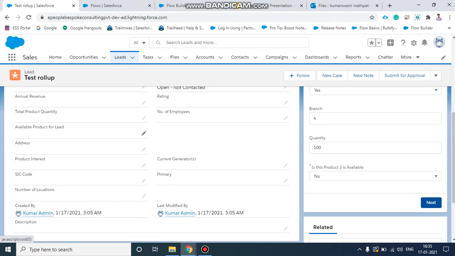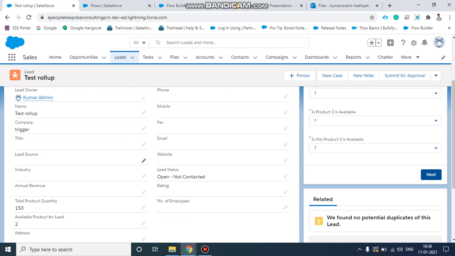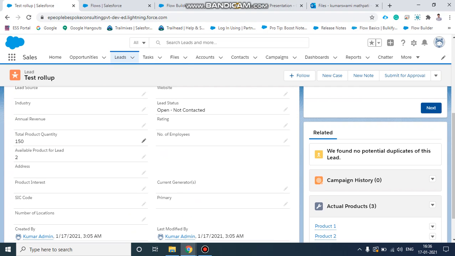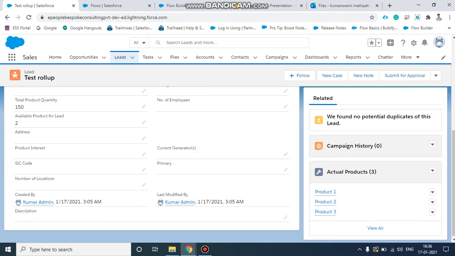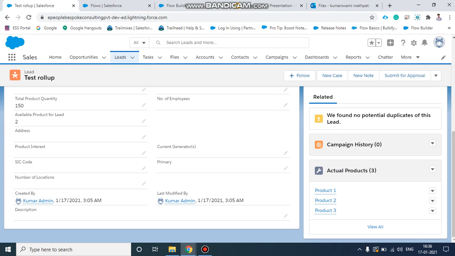As you see, total and available are null. After clicking on next, all the record total quantities are calculated, and available counts whichever products have the picklist value S, and the child records are also created.